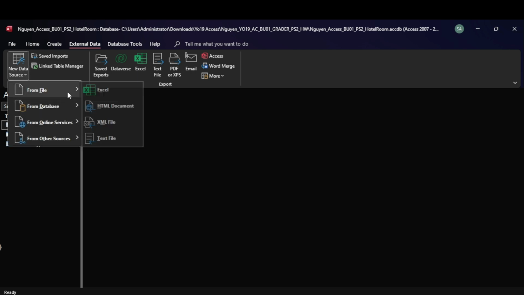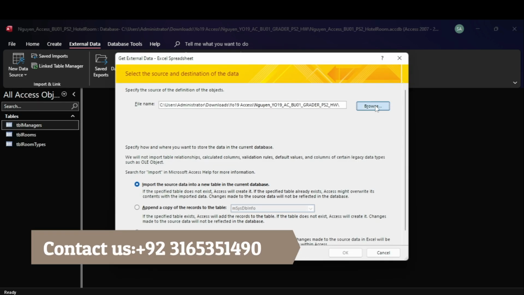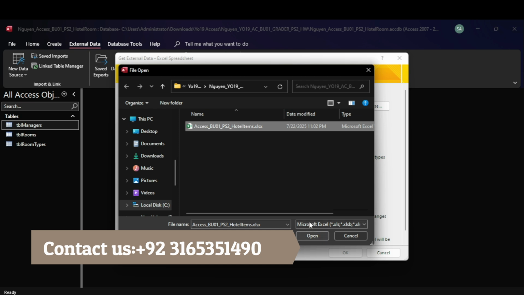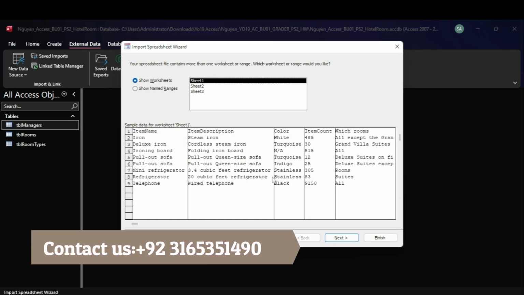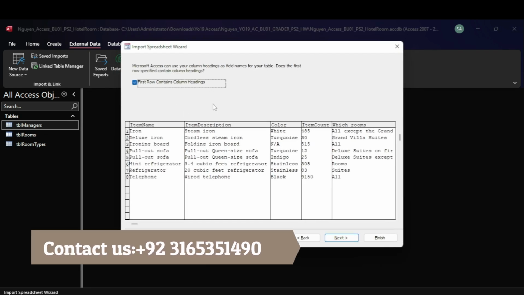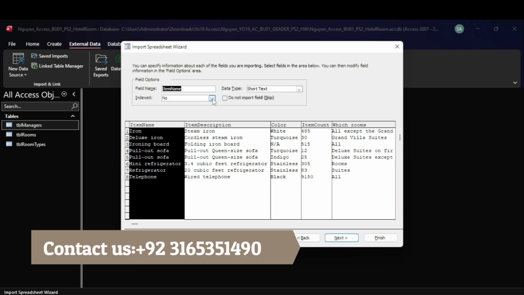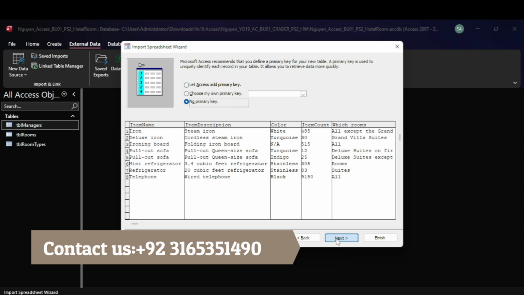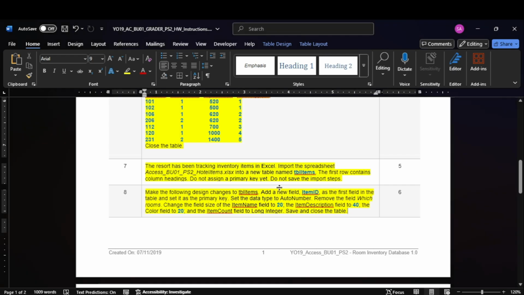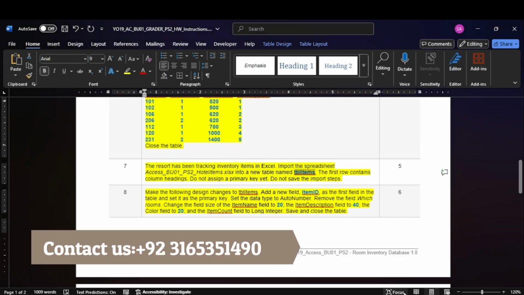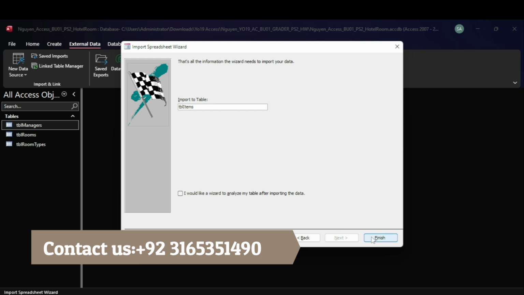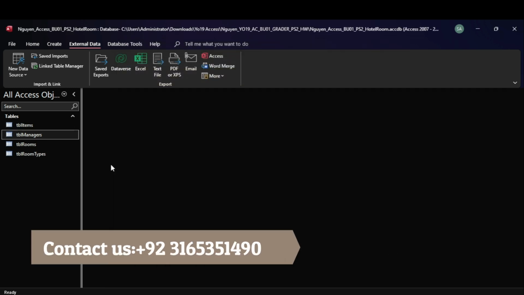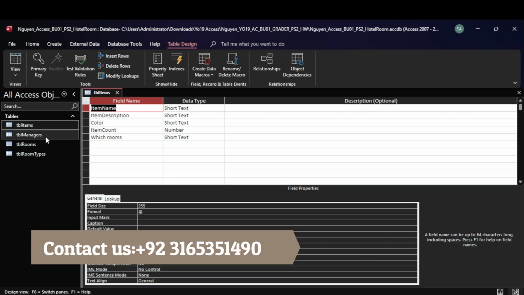We will import this spreadsheet. First row contains column headings. No primary key. And this. Then in Design view,